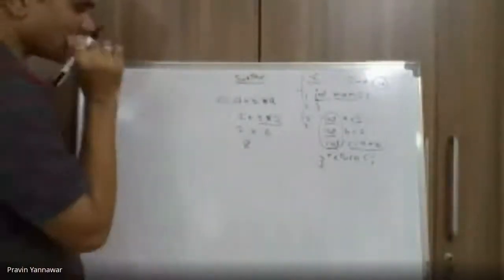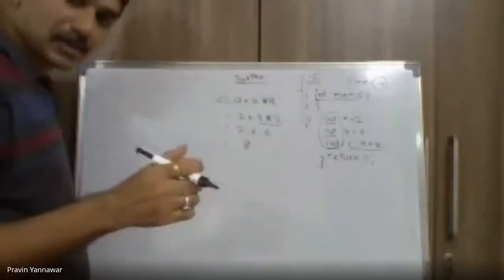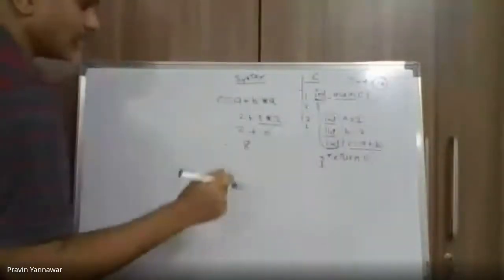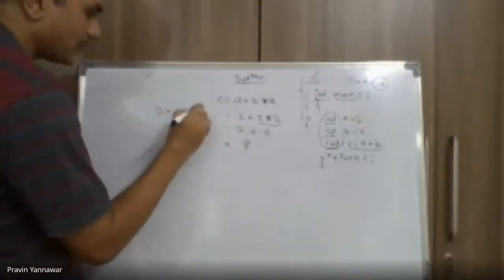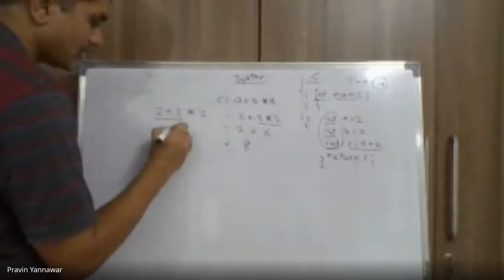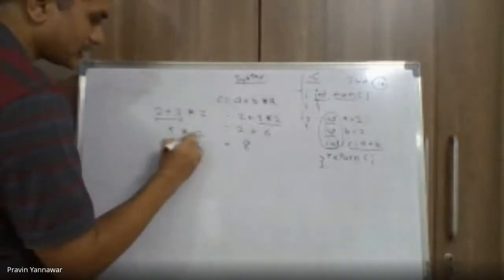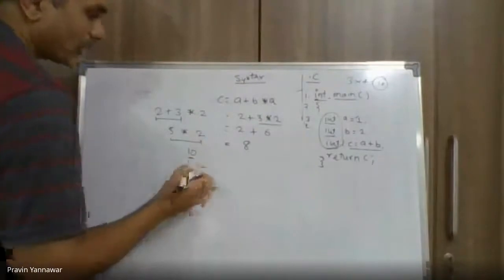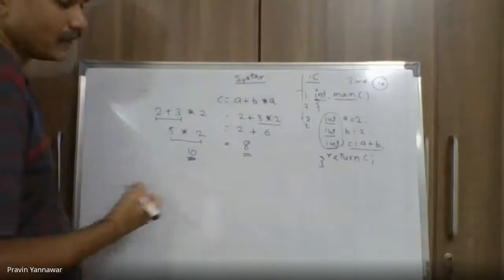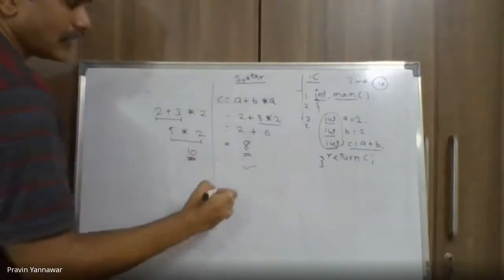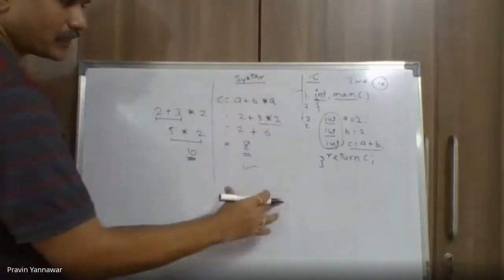Now another could be like, see, if I don't know about operators and you have given this sum to a grade 2 class, a grade 2 student will find c equals a plus b in this particular way. So 2 plus 3 multiplied by 2: 2 plus 3 is 5, multiplied by 2 is 10. So you have got one more answer. One is 8, one is 10. So this answer is correct as far as precedence of operators is concerned.